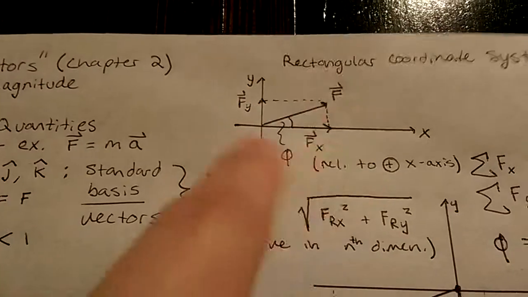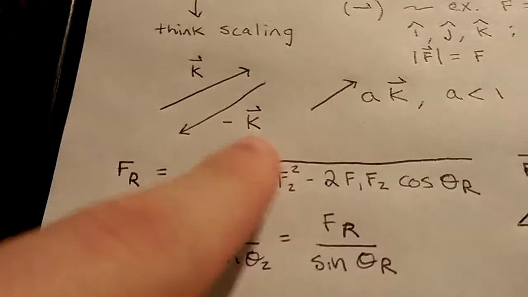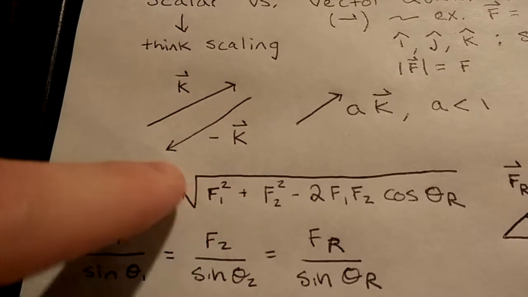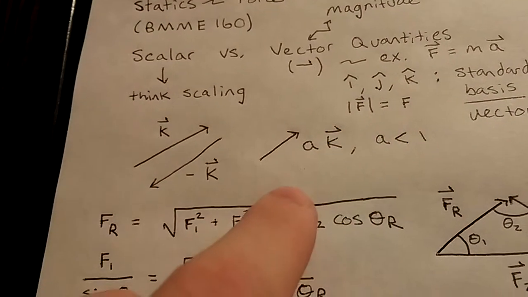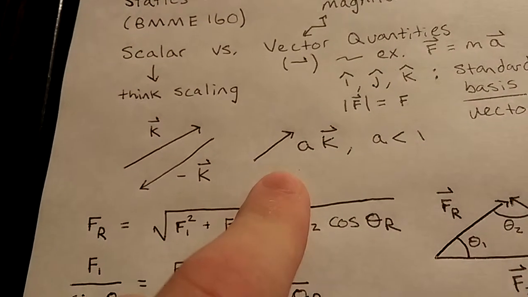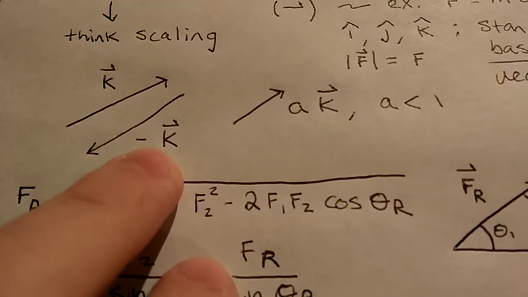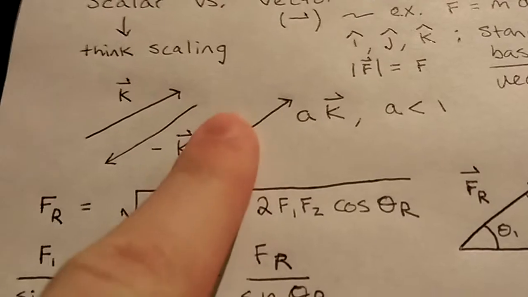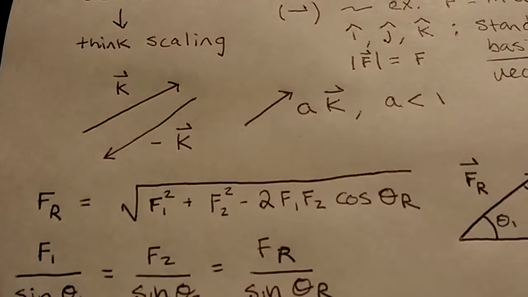Now, floating vectors are kind of a hard concept. It doesn't matter where, and we will put it in reference to some sort of a rectangular coordinate system or even other coordinate systems that exist. It doesn't matter where the vector is for it to be equivalent. If I have k here, it's the same as me drawing k here as long as it's parallel and of the same length. That's something that you should really think about. So here, we've multiplied it by a -1, and that's flipped the direction, but it's the same length, and it's still parallel to the